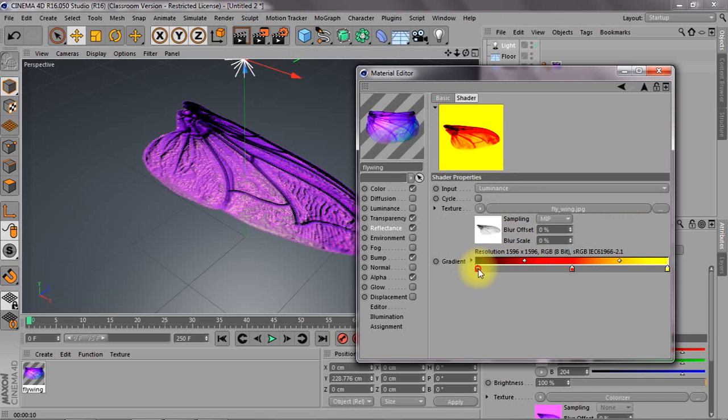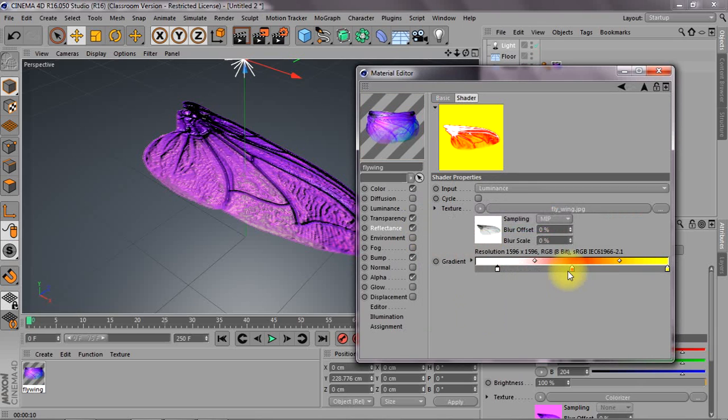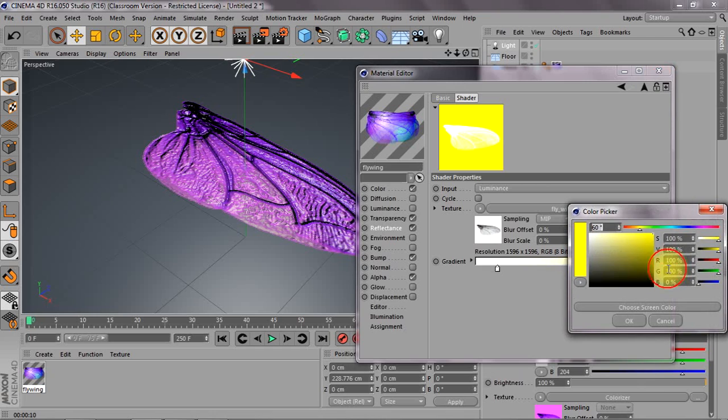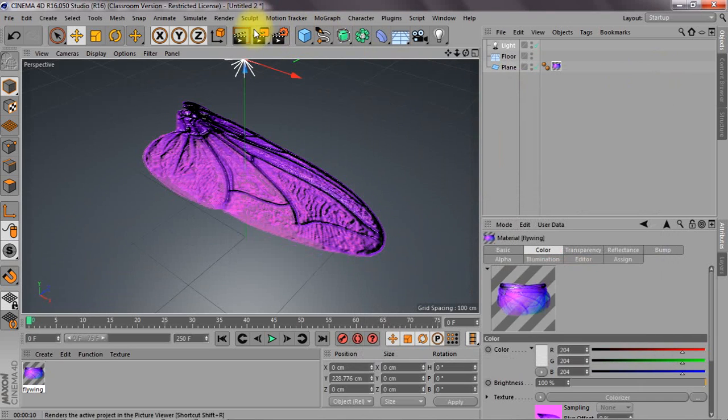Colorize it, and this time I'll put white on the black part of the wing and make the other a, I don't know, like a pinky red. Let's move this up a little bit. Now what happens? If I render it now,